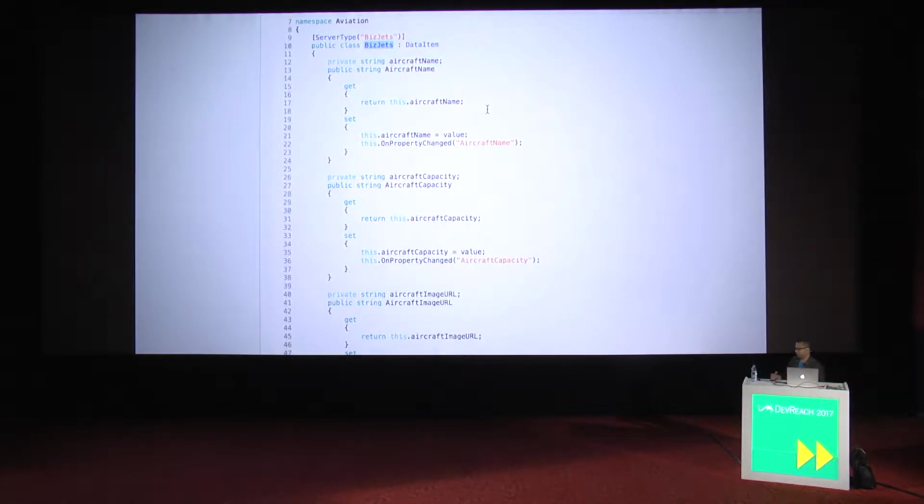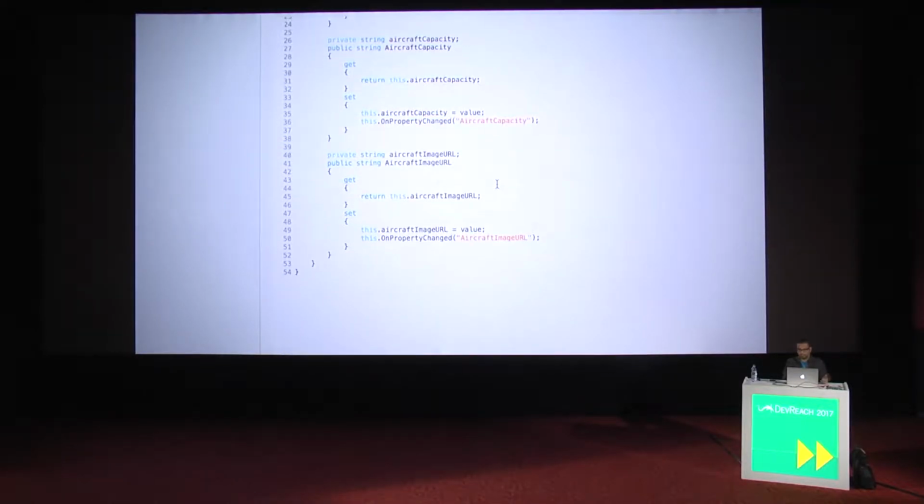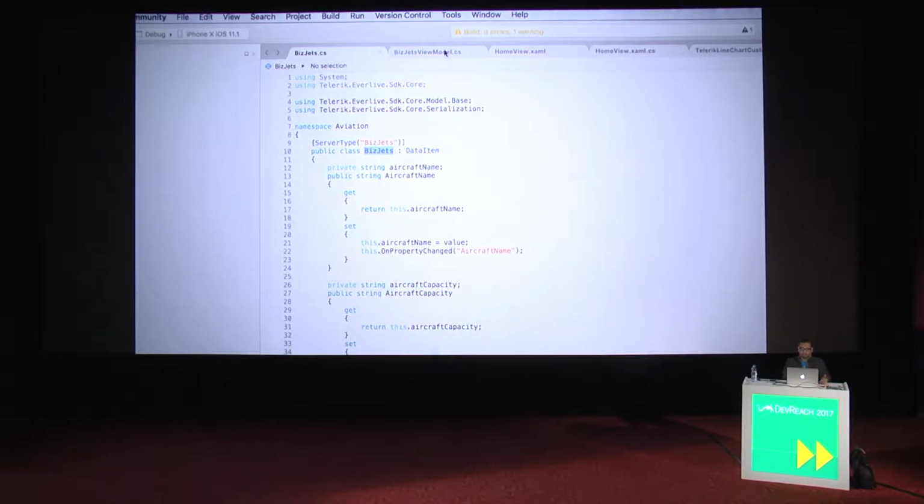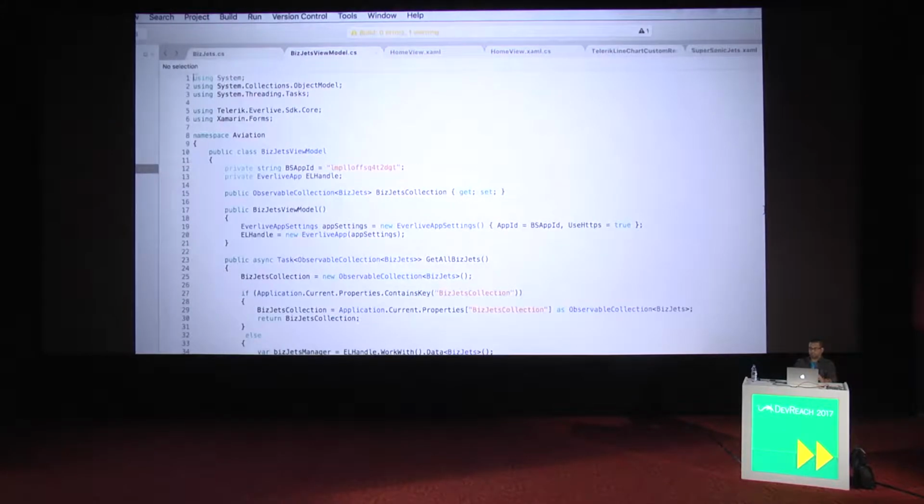It goes through the INotifyPropertyChanged pattern and interface, so it's going to raise an event every time something changes. Essentially, we have three properties: a name, a capacity, and the URL. That's all. Now, I have a view model here, which does most of the handshaking work between getting the data